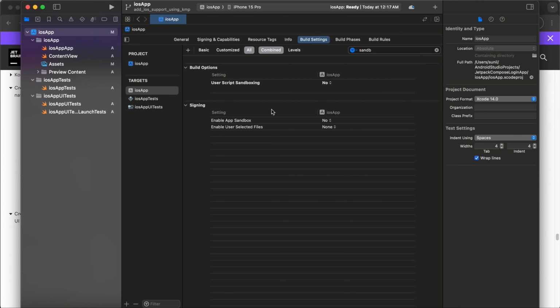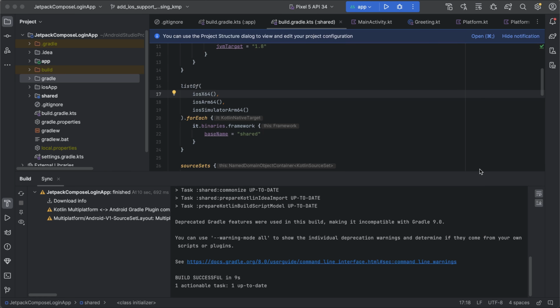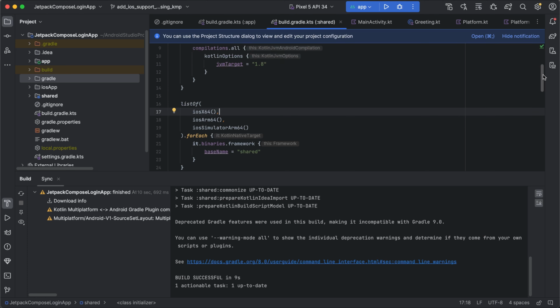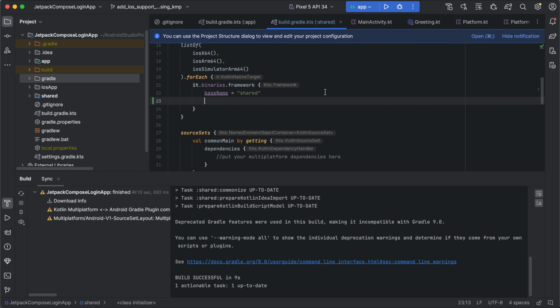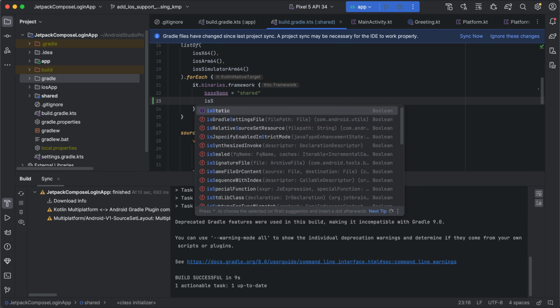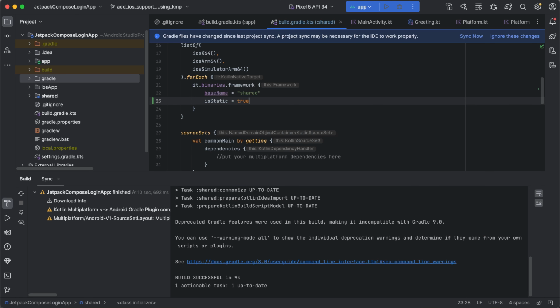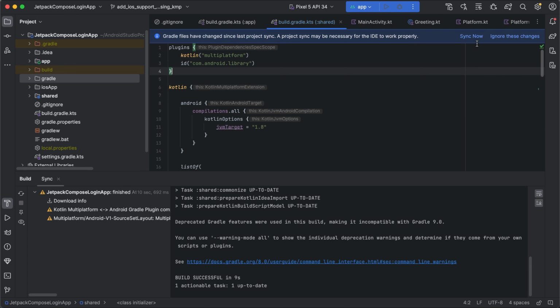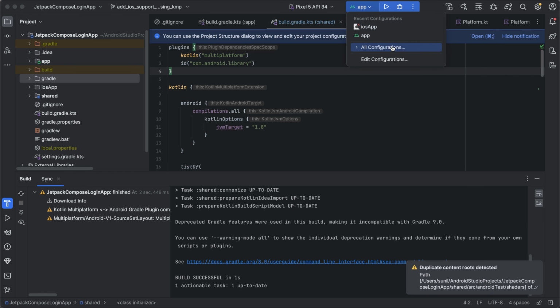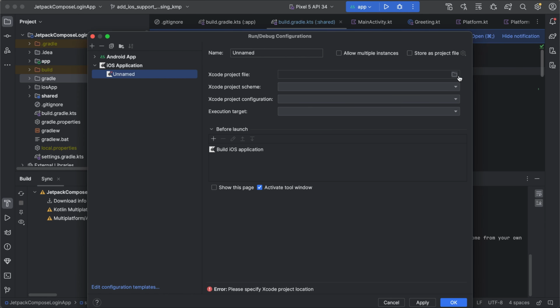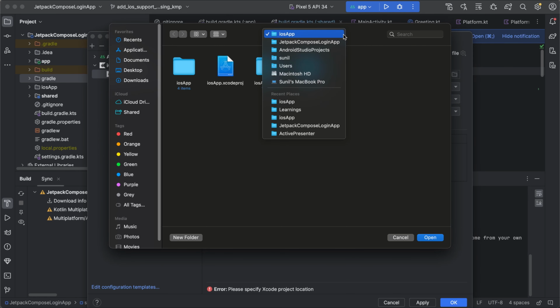Yeah, so now it's done, and we need to add one more thing there, and that is static true. This is about how the Kotlin framework will be exported to the iOS app. So currently we are exporting it as a static library, right? Now we can sync it, and we need to add iOS application configuration here, and from the directory